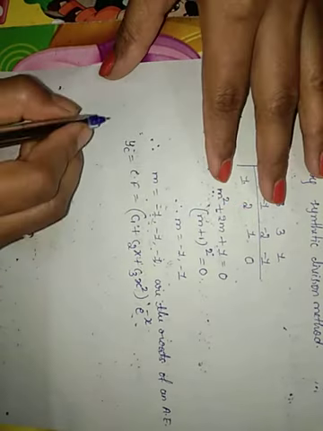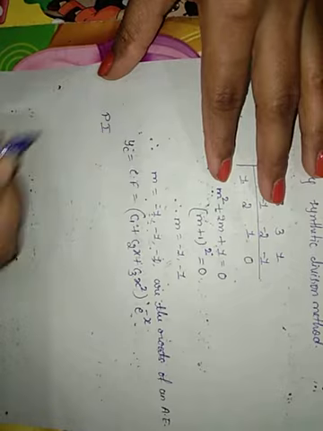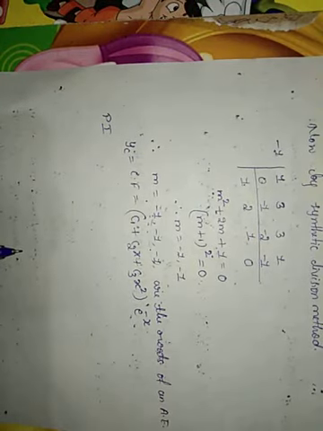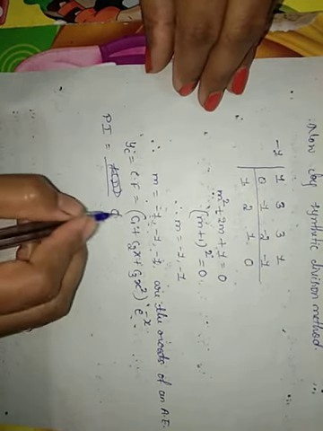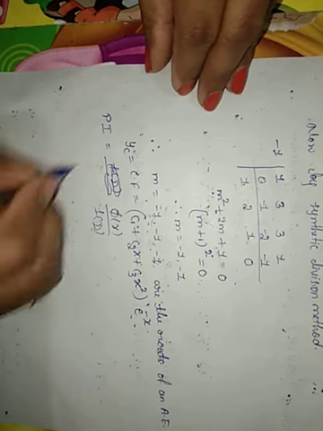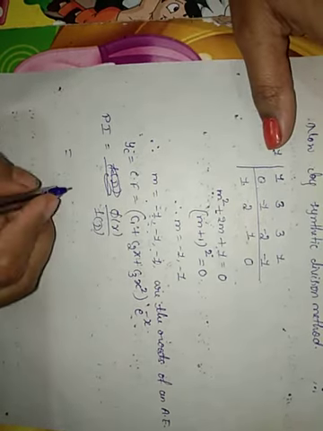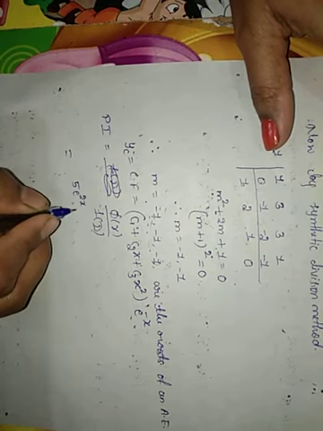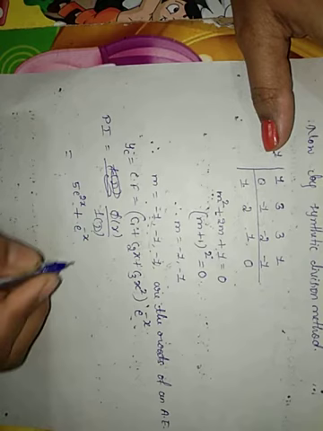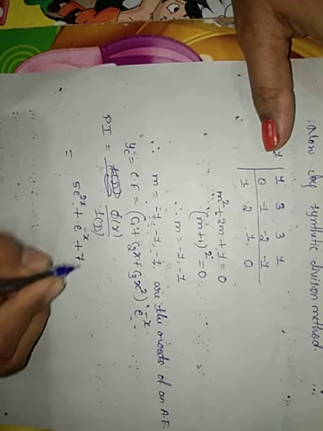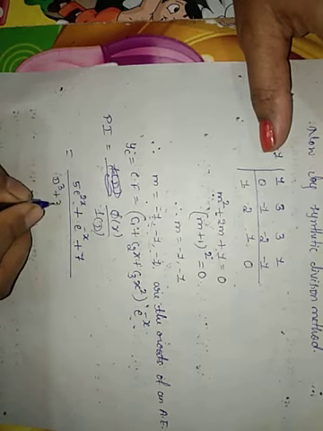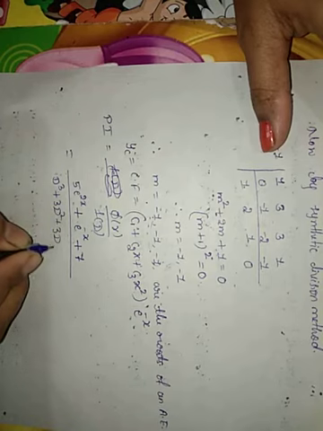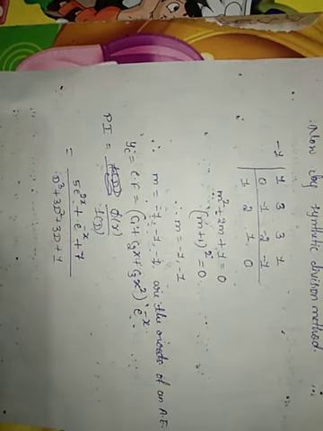Now we have to find the particular integral. To find the particular integral, first write down the function: phi of x divided by f of D. So our phi of x is equal to 5 e raised to 2x plus e raised to minus x plus 7, divided by f of D, that is D cube plus 3D square plus 3D plus 1. That is our f of D, phi of x by f of D.